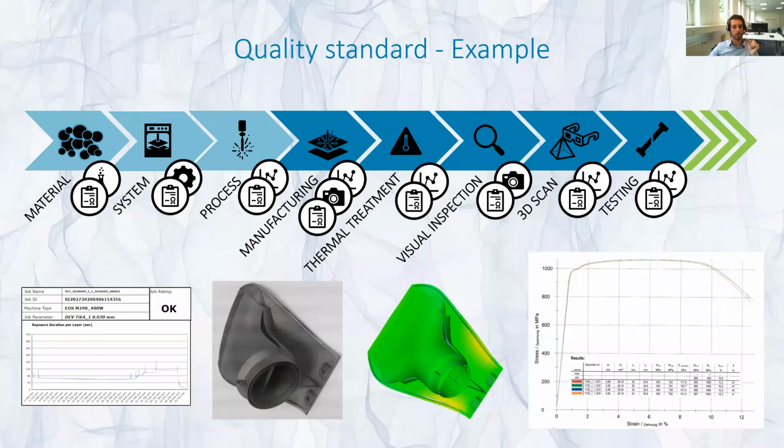Then you would have also other things that we should not underestimate, which is just the visual inspections. So we actually have multiple inspections also during the post-processing of the part, because it's something we're not gonna tackle here, but we need to constantly inspect the parts before and after the support removal. We do also some 3D scans that help us to check if anything was out of tolerances. And then we also perform those tensile testing where we get reports. Only after this, we are able to say that the parts that we are gonna deliver are, let's say, in